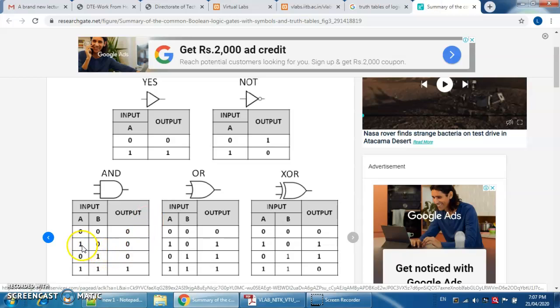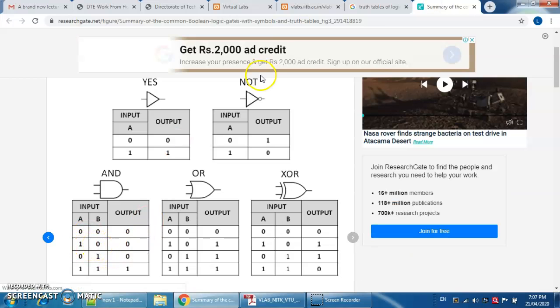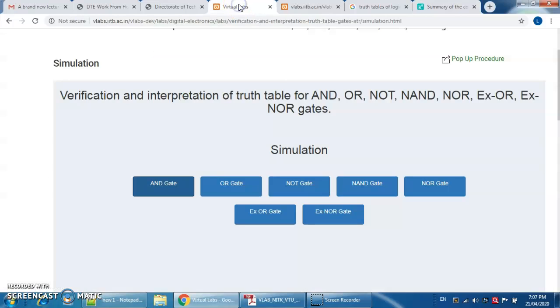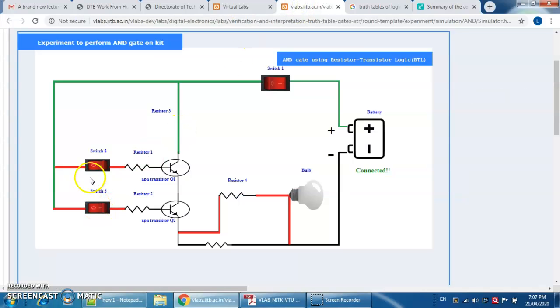The second situation is A is 1 and B is 0. Consider switch 2 as A and switch 3 as B. A is 1, shown in green, and B is 0.